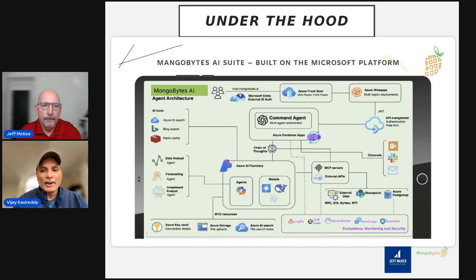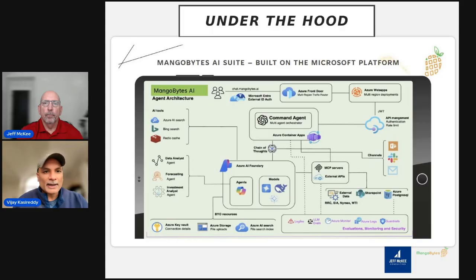This is one of the ways in which we can reduce the hallucinations and build real trust with the answers, and so therefore with the users. So that's layer two, which is equally important. And then finally, layer three, which is what everybody is concerned about, is the security and safety layer. The security and safety layer is, of course, embedded. It cuts across all the different components as the request flows from the beginning and all the way through the different agents and the models and the data, and then comes back with the response.